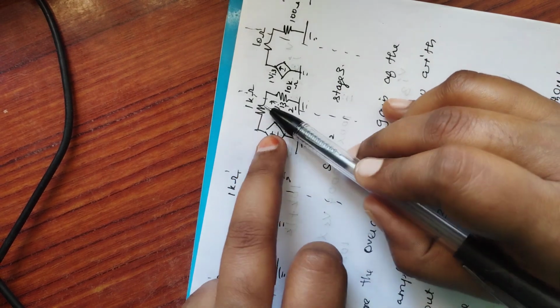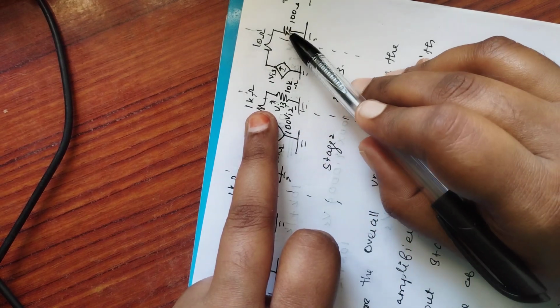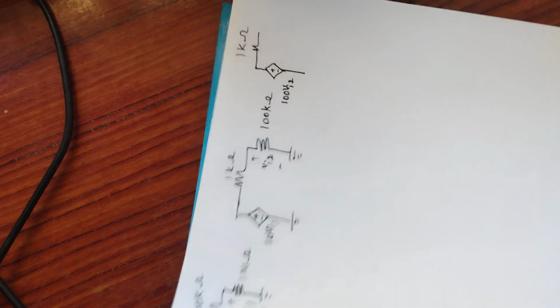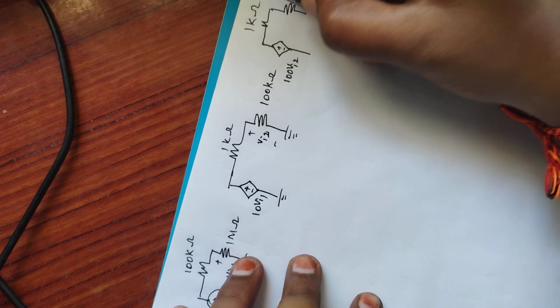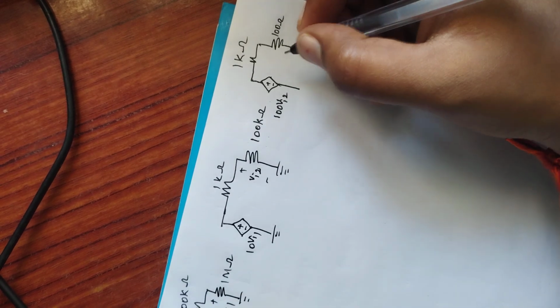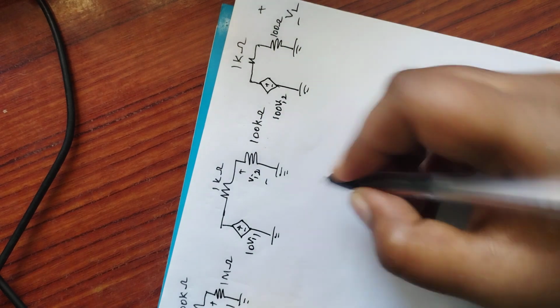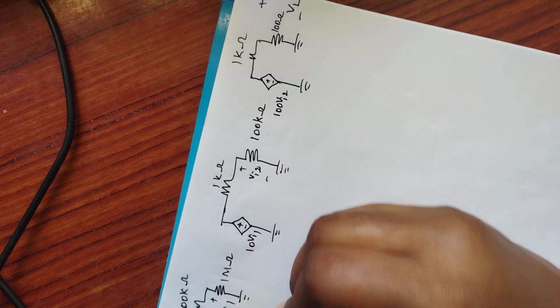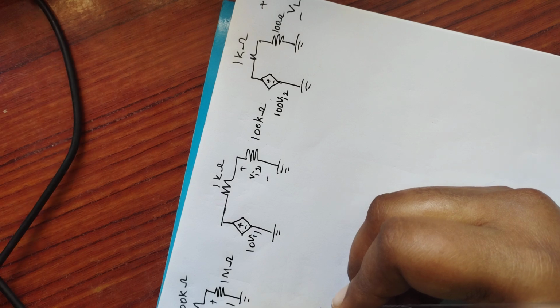So what will happen? After this 1 kilo ohm, these three stubs will be taken out, and this 10 ohm is there, no, it will be added here. So the final circuit will be like, after 1 kilo ohm we get the 100 ohm, because stage 3 is completely eliminated, okay. So this is what we get as VL. For the same we should find the voltage gain. Already we have found Vi1, which we have found as